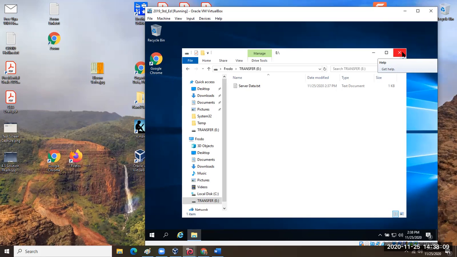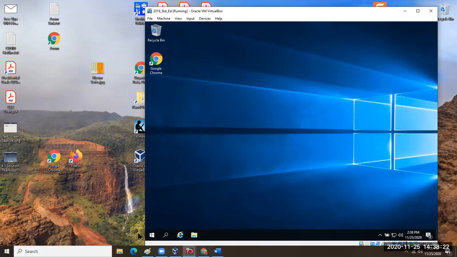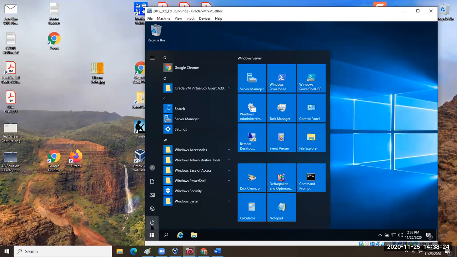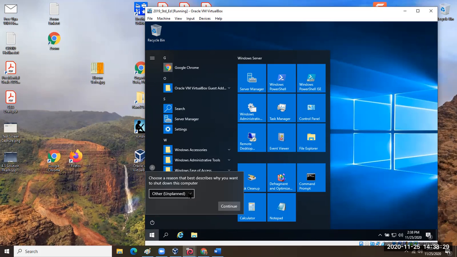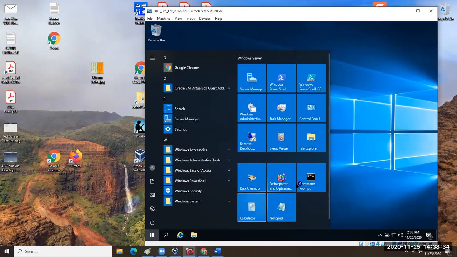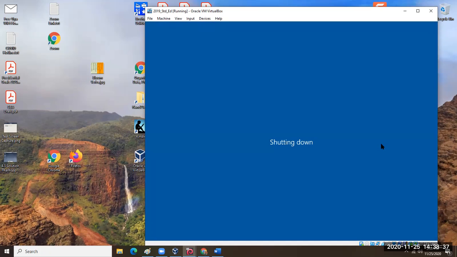It's always a good idea when you're connecting and disconnecting disks to power on and power off your virtual machines and then make the changes in the settings. So I'm going to go ahead and close this screen and power off my server. And I'll go ahead and accept planned and then hit continue. And as soon as that's finished shutting down,